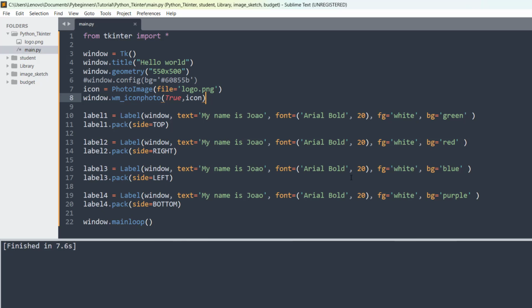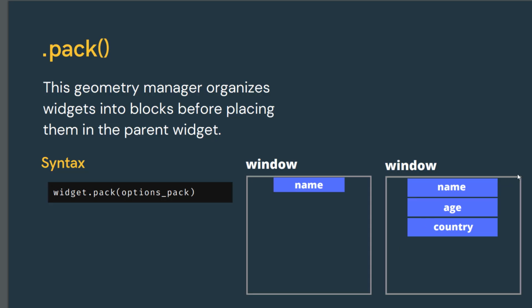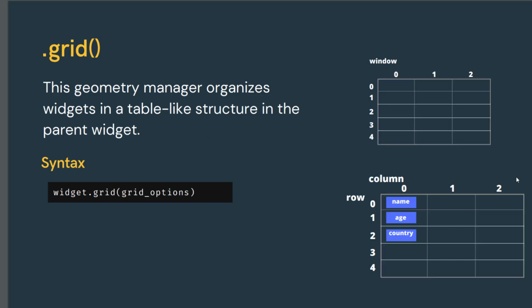So what is grid? Let me show what grid is. Grid works like an Excel sheet. We have columns, which are those ones. Then we have rows, for example, this is row 0, these ones row 1, row 2, row 3, and so on. Columns are those ones, like this.